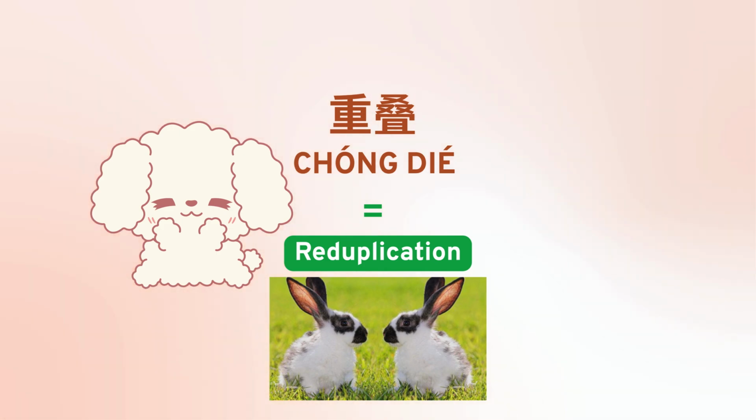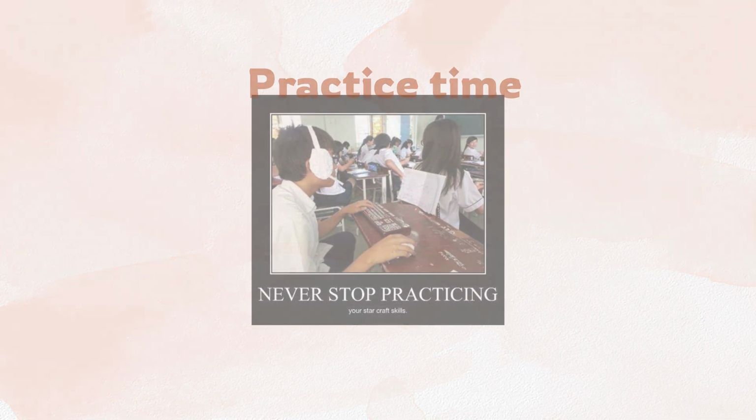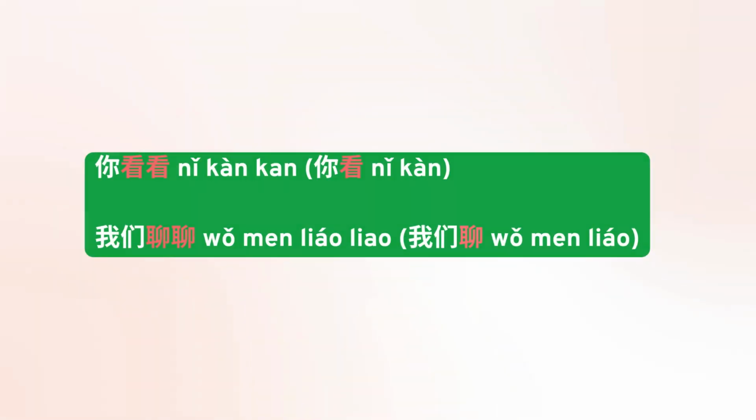Alright, so let's wrap this up with some practical advice for using what you have learned today. Start incorporating these reduplicated verbs into your daily Chinese conversations. Remember the pattern: 看看, take a look, 想想, think about it, 等等, wait a moment, 说说, have a chat, 试试, give it a try. Use them to make your Chinese sound more polite and natural. Say 你看看 instead of 你看。我们聊聊 instead of 我们聊。